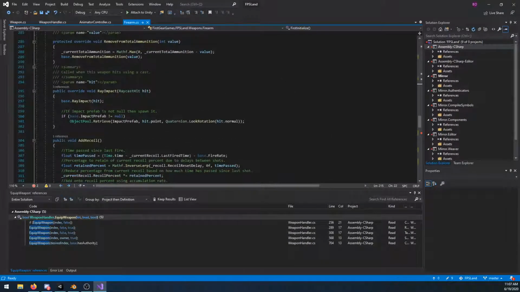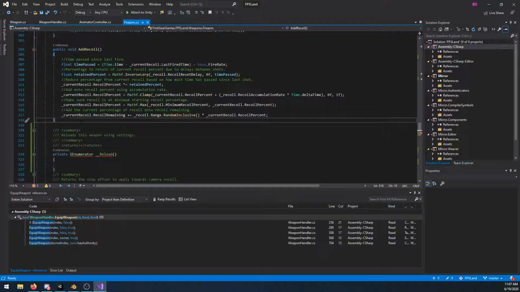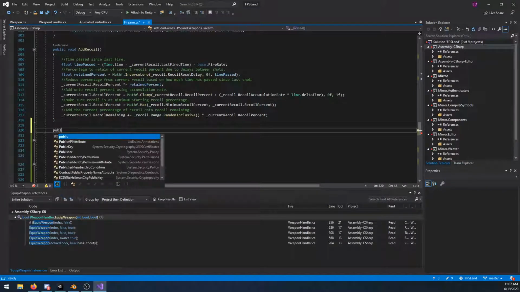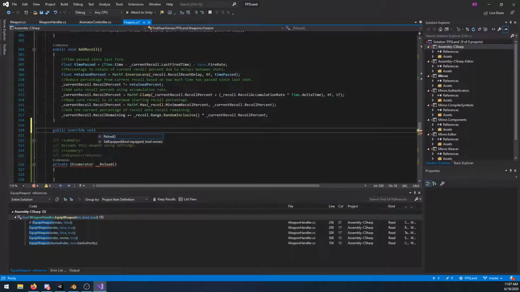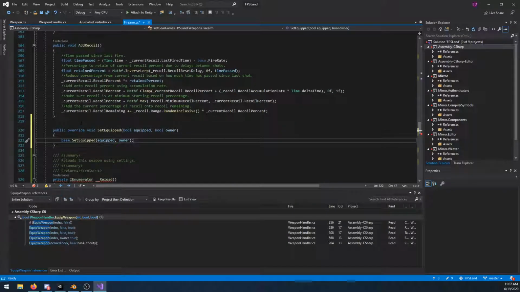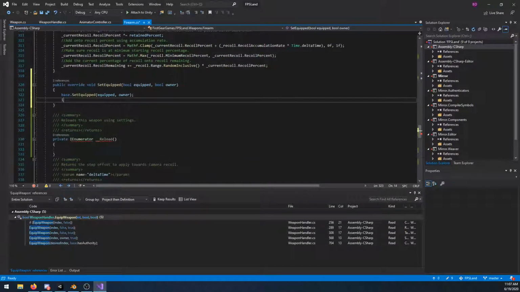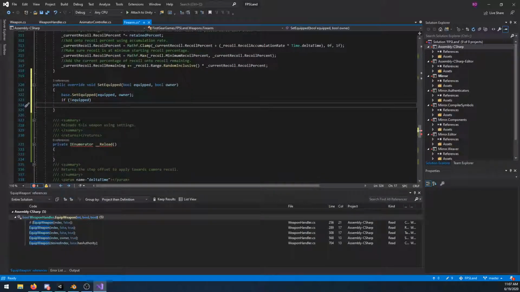So I do need to override that in this instance. So let's do public override void set equipped, calling the base, and now I'm going to do if not equipped. So basically, if it's no longer equipping the weapon, then I will stop the coroutine if it's not null, of course. So I'm going to do reload coroutine,